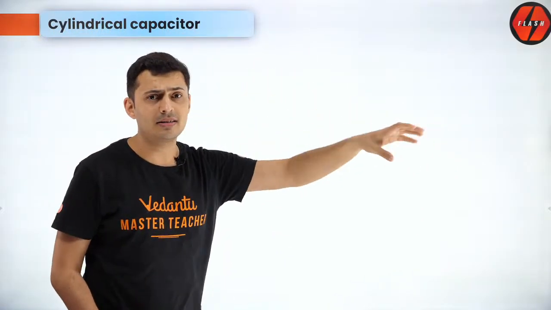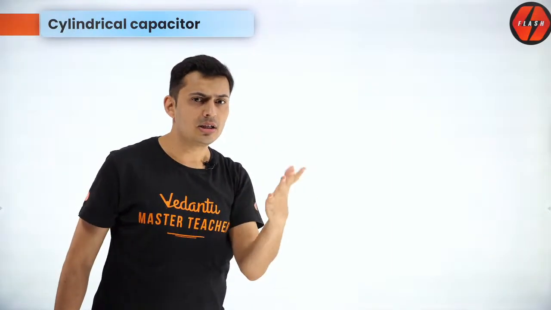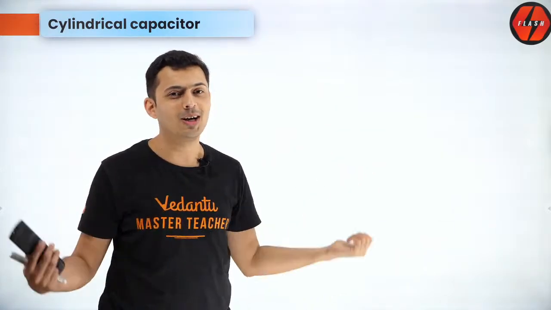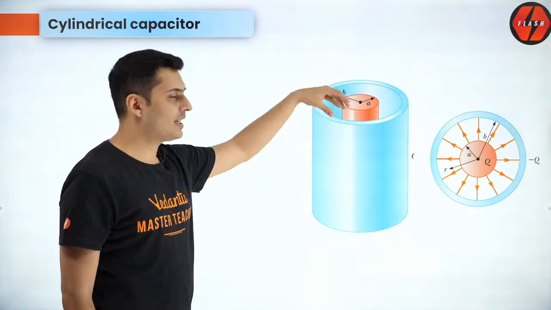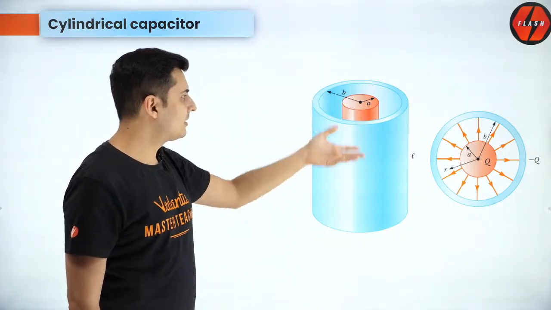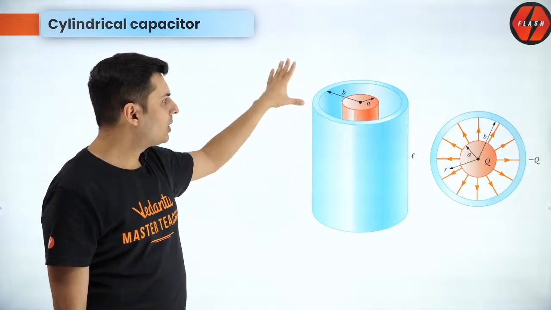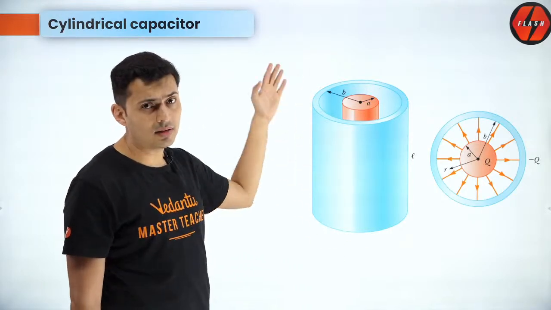Acha. So, cylindrical capacitor. Cylindrical capacitor means take 2 cylinders, charge the inner cylinder with one charge, charge the outer cylinder with other charge. The field will be from inside to outside. Something like this. So the reddish one is the inner cylinder, the outer one is the bluish one, and you can see inner cylinder has some radius A, outer one has some radius B, and the length of the cylinder or the height of the cylinder is L,